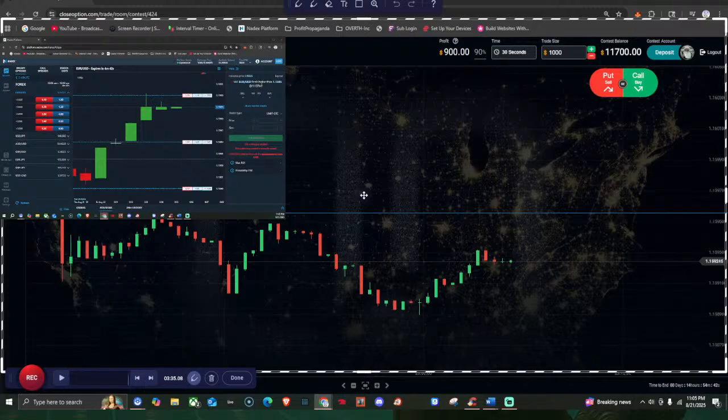So yeah, like I said, you could argue that this is a touch point here. But there's not a lot of touches. There's only just one. Yeah, so